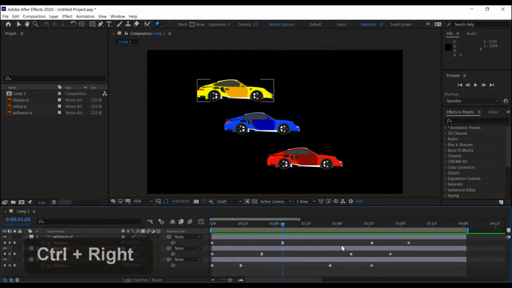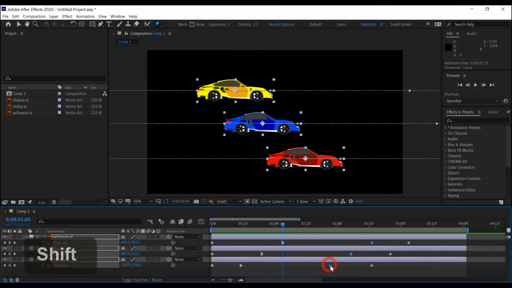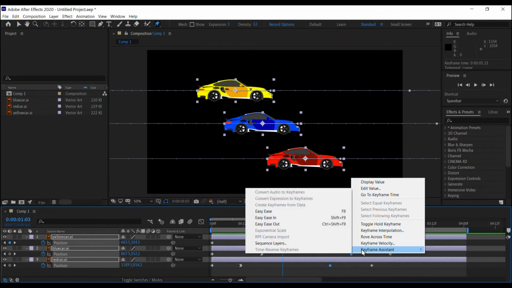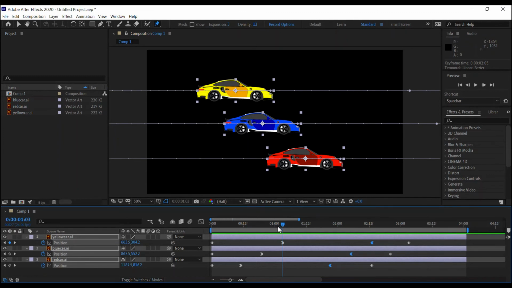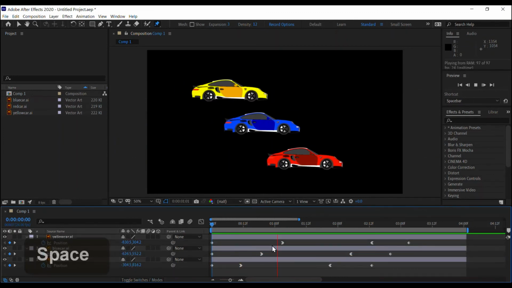Let's do the same for when they set off. This time I'm going to select the 3 keyframes by shift clicking them, right click on any one of them, choose Keyframe Assistant, and this time I'll choose Easy Ease Out when they set off. Now if I go back to the beginning and play, you'll see they come to a more gradual